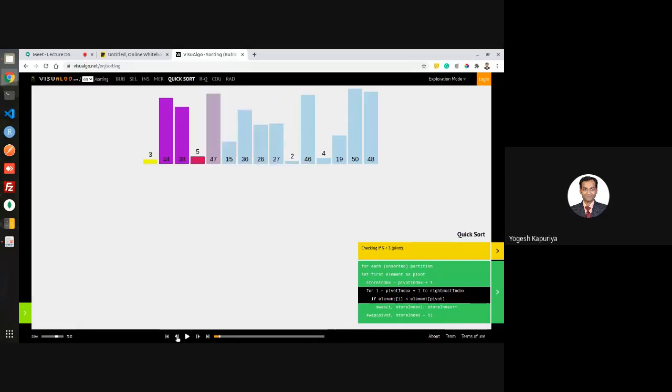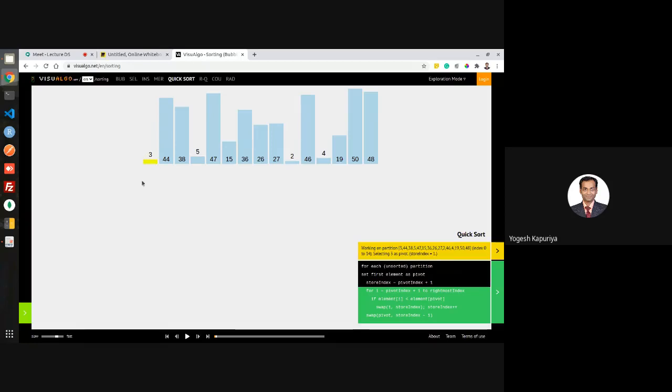So if you go back, right, let us go back. Okay, so we are here. So first step is you find out the pivot element. So here yellow color is the pivot one, right? Now your objective is to put 3 in such a way that 3 will take its place. That means 3 will be placed at a position once this array is sorted. So that will be your pivot element. Every time you are manipulating your data or positioning by comparing the elements with the pivot element. So that's what we are doing over here.